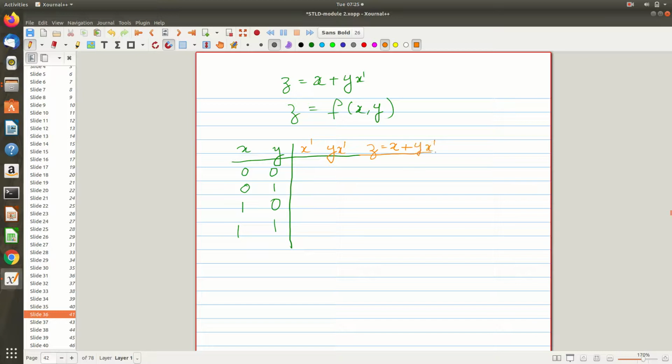Like that I will get the final result. These two things are intermediate values, just for ease. If this is my x, what will be my x dash? Just a complement of it, right? So 0 becomes 1. I hope you are very comfortable with it so far. If you still have any difficulty, ask me in the class.